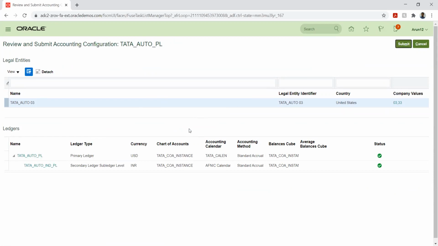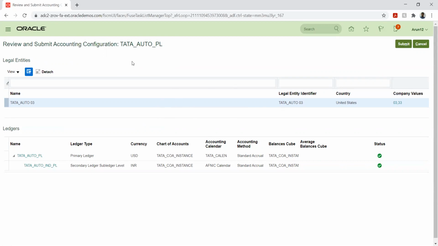Okay, so the final step here is to submit the accounting configuration. Whatever we have done till now: we created the secondary ledger, and we gave the ledger options to the secondary ledger that we created, and we gave the final configuration, that is assigning the corporate rate and the other daily rates to the system. Which will map our secondary ledger with the primary ledger. So whatever transaction that we are making will reflect in the secondary ledger now.